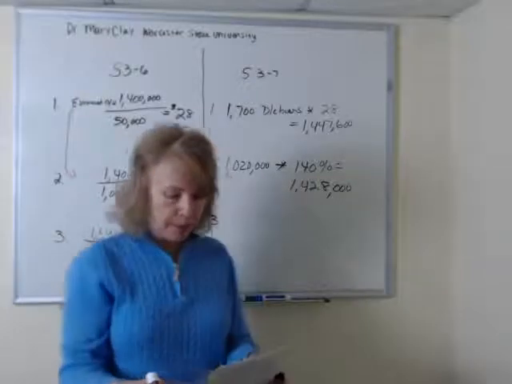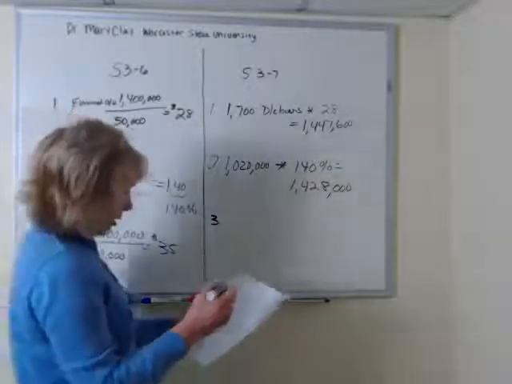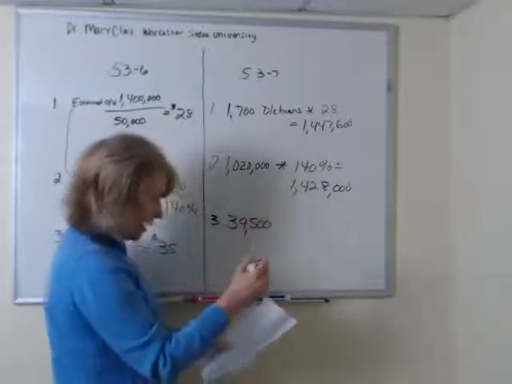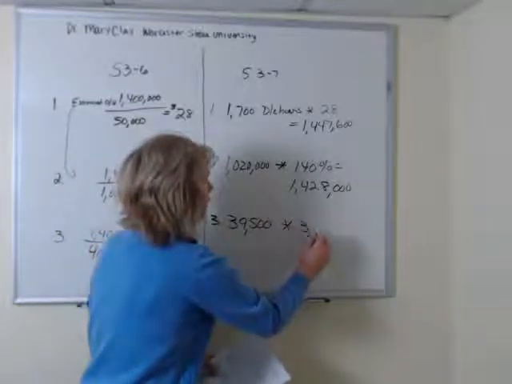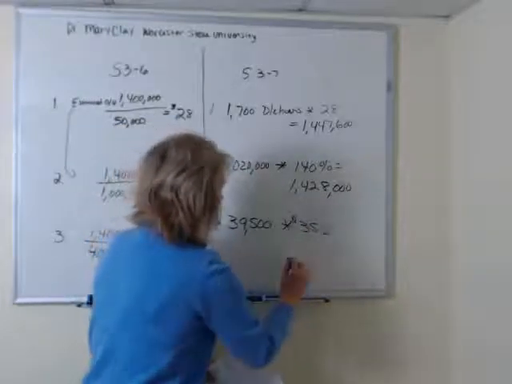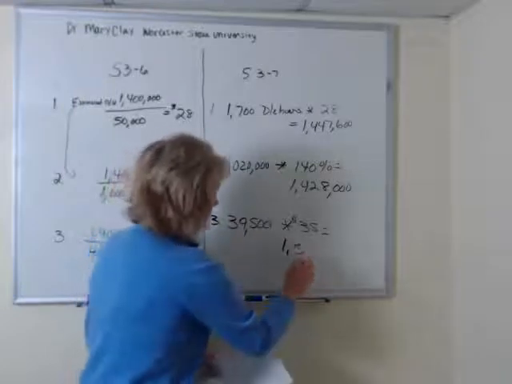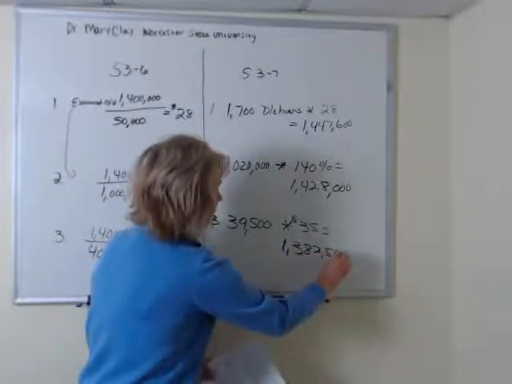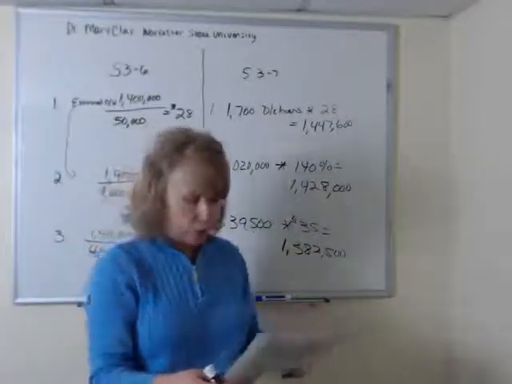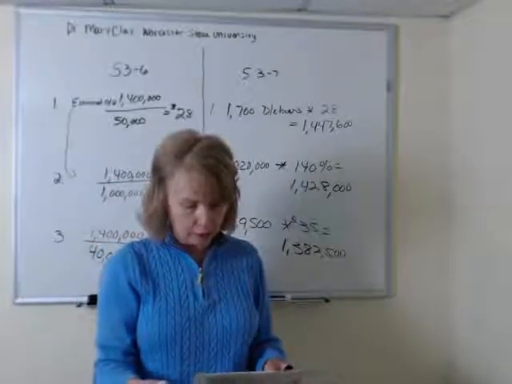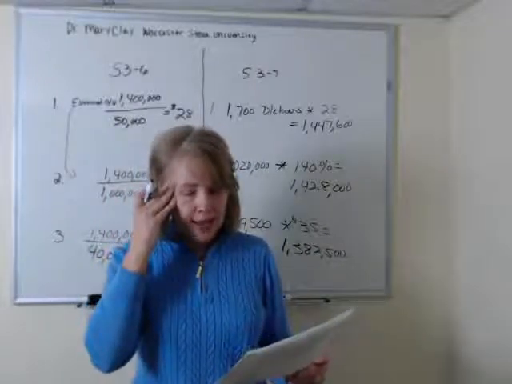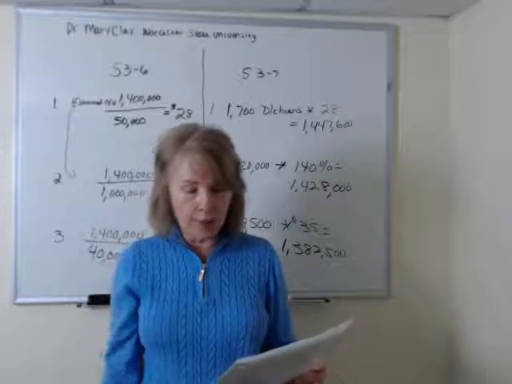So to get our overhead amount, we take 39,500, that is the actual machine hours, times $35 per hour, and we get 1,382,500. So our application of overhead is 1,382,500. And then requirement number 4 just says the manufacturing overhead during the year is dependent